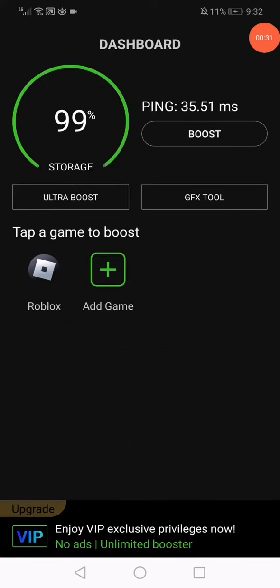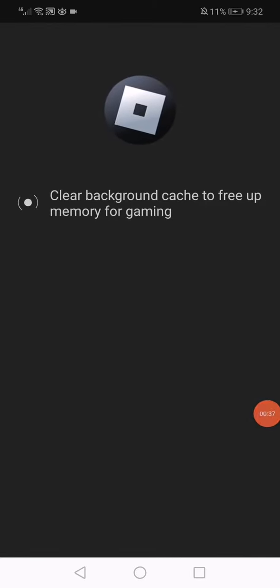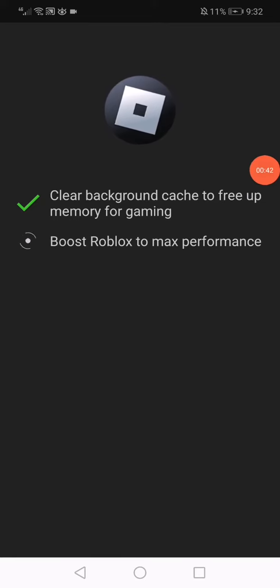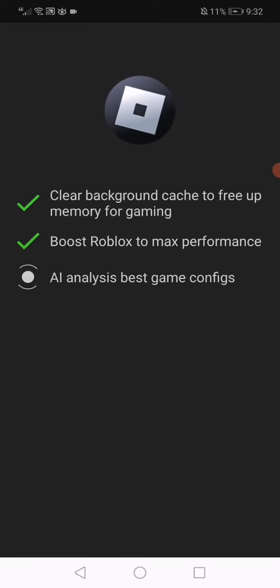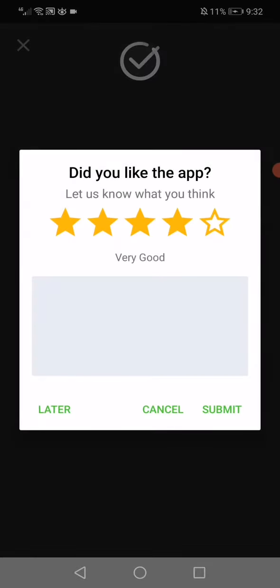Now go back and click here on Roblox, and you need to wait now a few seconds so it will make it more faster for you. Now after it gets finished, all what you have to do is simple. Just go back to the dashboard like this,